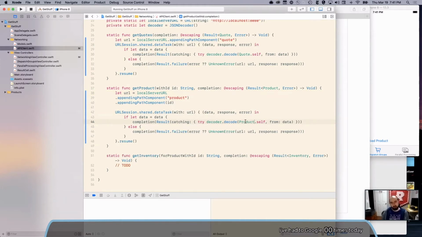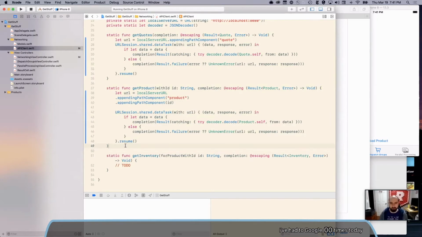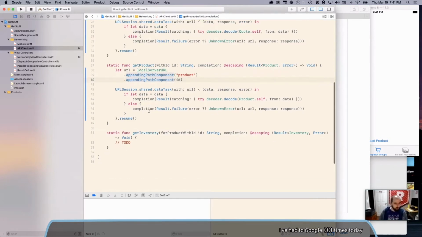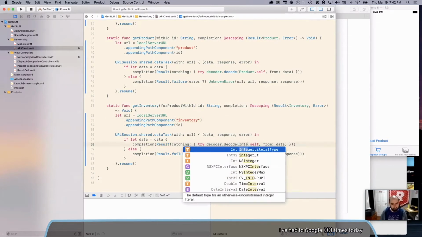If you're thinking like a programmer, you might be thinking, hey, if that's the only change, maybe we could coalesce these methods into something a little more shared. Yep, you totally could. This is not a workshop about that either, but feel free to go to town on the example project if you want. And then totally the same thing down here with the only two changes being that this is inventory instead of product, and this is decoding an inventory.